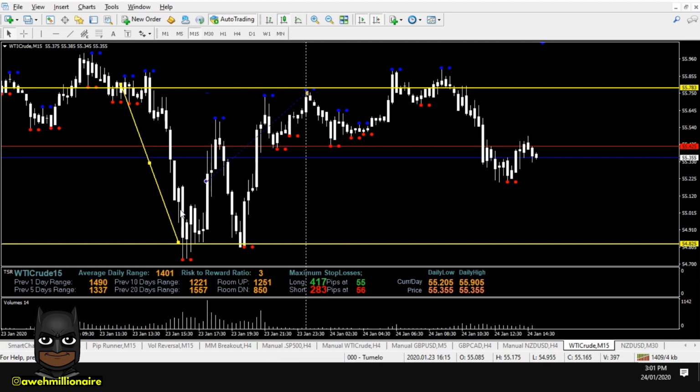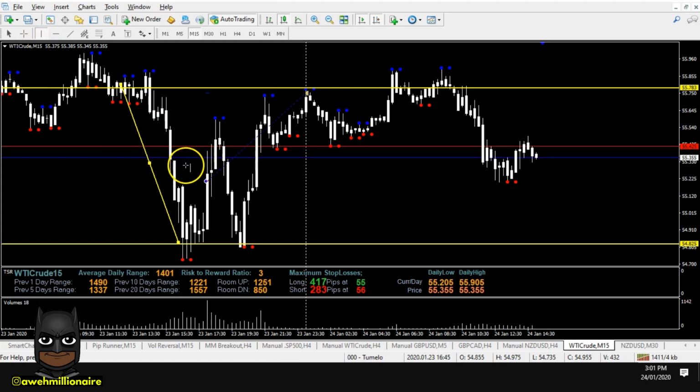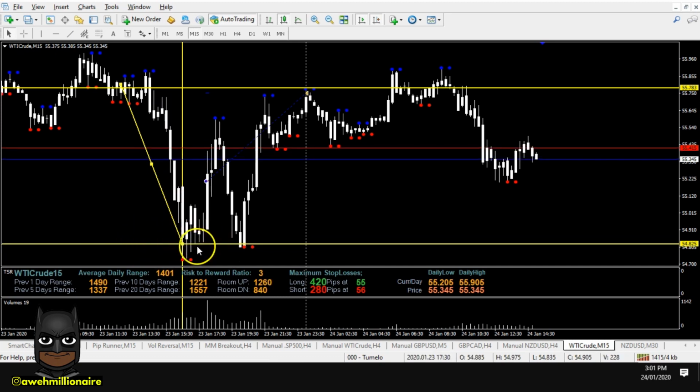And what do I mean by perfection? It tested the demand level with high volume, as you can see over there. So number one, we know where the banks are. We know where the banks are looking in terms of the demand level. That's clue number one. Clue number two, already we know what the dumb money is thinking.